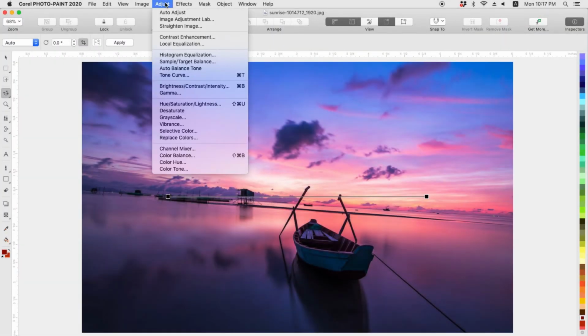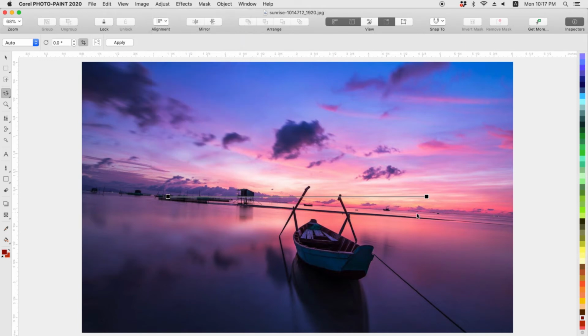In this video, I'll demonstrate some of the basic image editing and touch-up features of Photo Paint. I'll cover how to straighten and crop a photo, how to adjust color and tone, and how to fix red